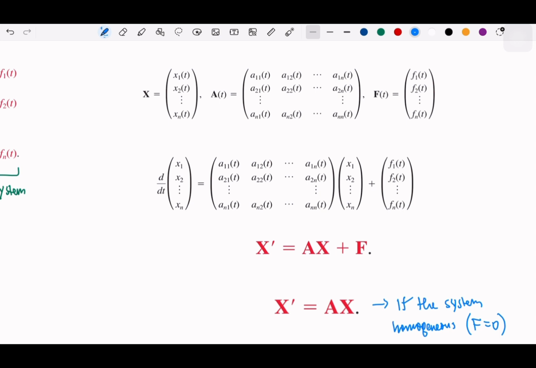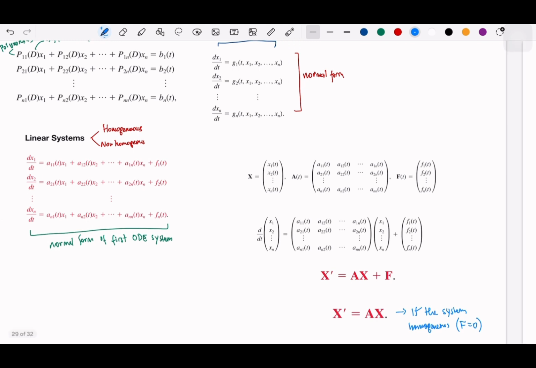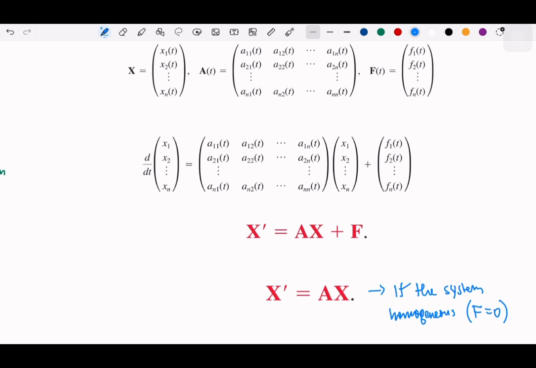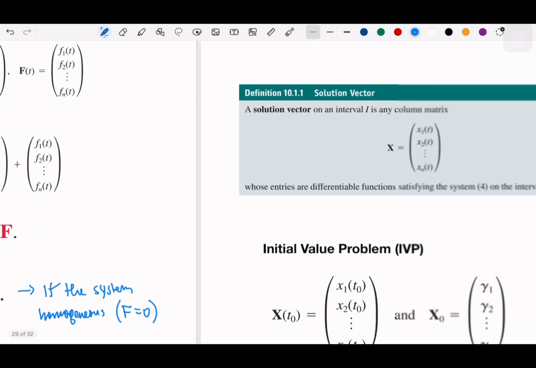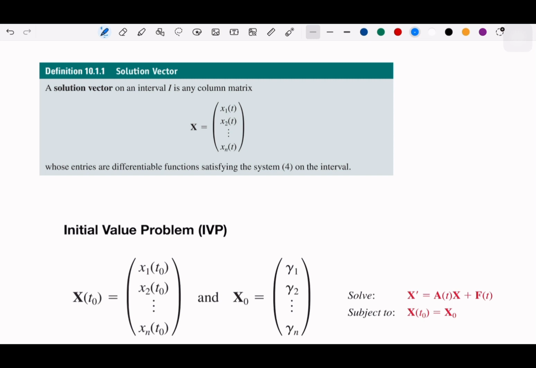We call that x a solution vector. Okay. So I think as long as you now understand that all the differential equations can be written in this matrix form, that's okay. And this is what we want to find, and this will satisfy the system that we previously observed. Okay? And similarly, we also have the initial value problem, which is pretty useful, pretty regular